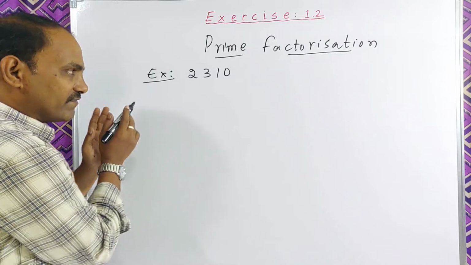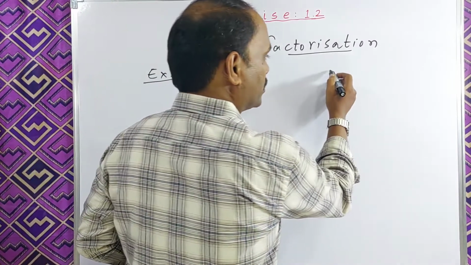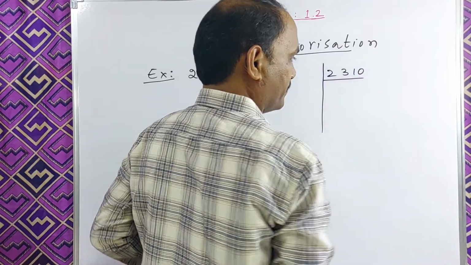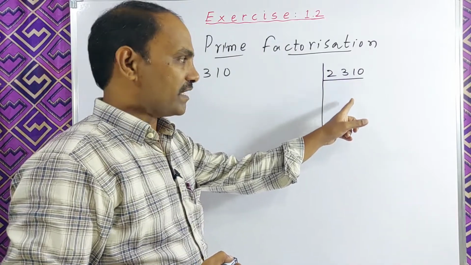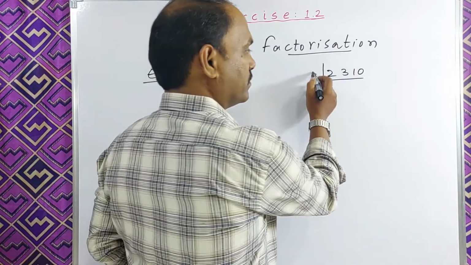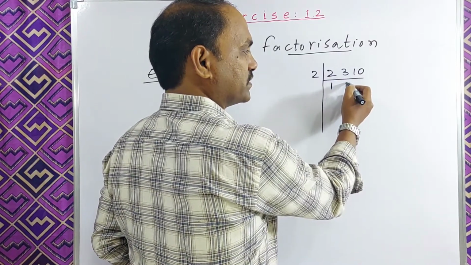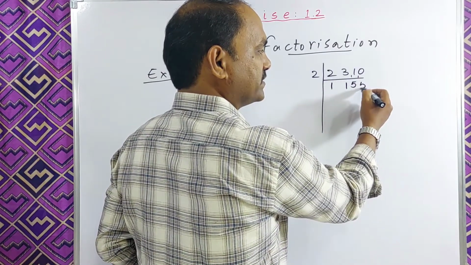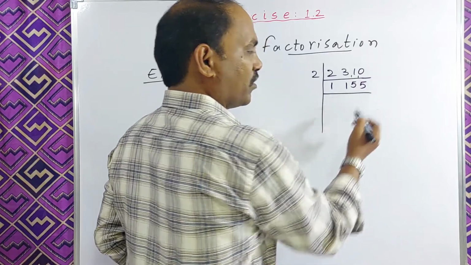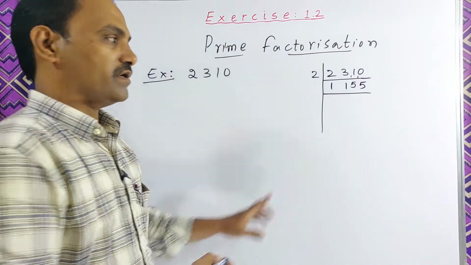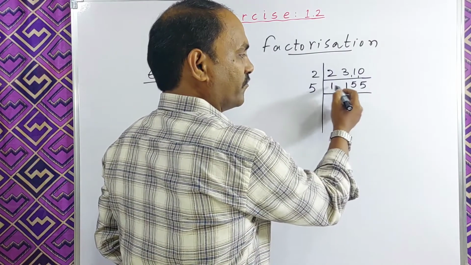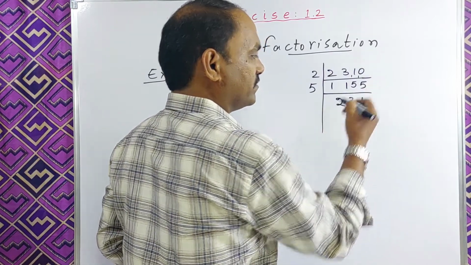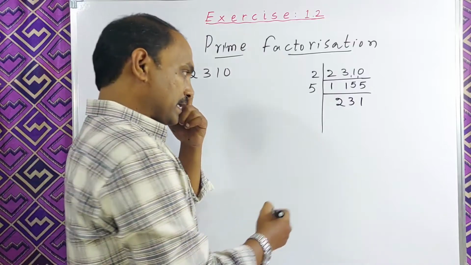2310. How to find the prime factorization for this one? Okay, now do the short division. This one is an even number, so it is divisible by 2. 2 ones are 2, 1 is there, 2 fives are 10, again 1 is there, 2 fives are 10. Now here 5 comes last, so divide with 5. 5 twos are 10, 1 is there, 5 threes are 15, 5 ones are 5, and then